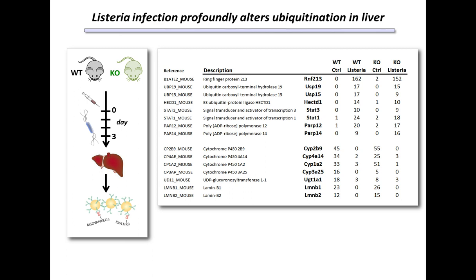For purposes of this talk, it's not so important which of the knockouts it is because they responded equivalently to the infection. But what I'm showing you in the table on the right-hand side are a series of proteins that showed profound increases or decreases in the extent of ubiquitination. In the top section, you can see proteins that are effectively all or none ubiquitinated in hepatocytes that have been infected with Listeria for 3 days, a cluster of proteins in the ubiquitin pathway, regulators of transcription such as STAT1 and STAT3, as well as 2 poly-ADP ribose polymerases or PARPs.